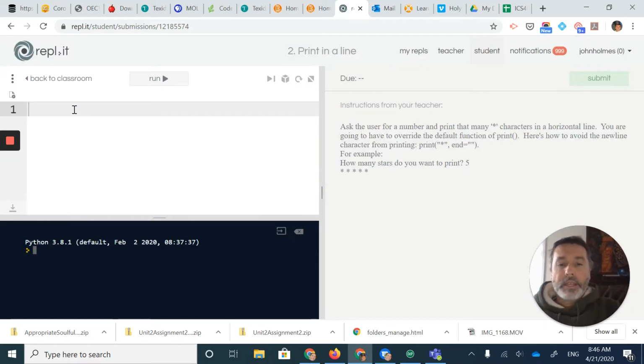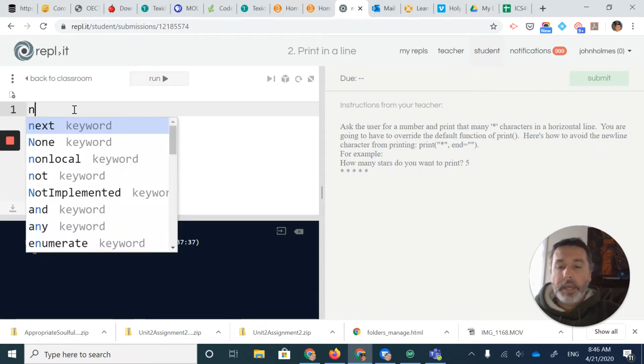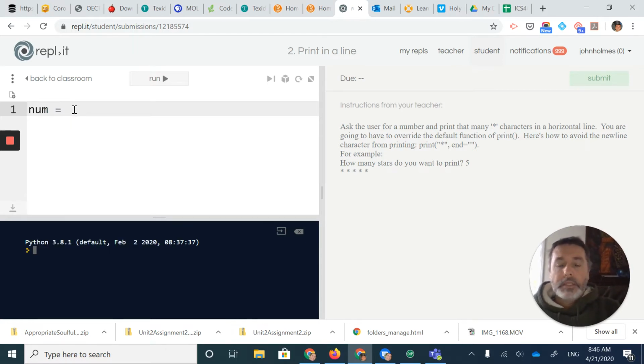All right, so I have to ask the user for a number. So I'm going to use a variable, I'll call that num. And to ask a user, I use the input statement. And inside there, I put down the words that I want to appear. So how many stars do you want? I like to add a space at the end because the input statement automatically has a